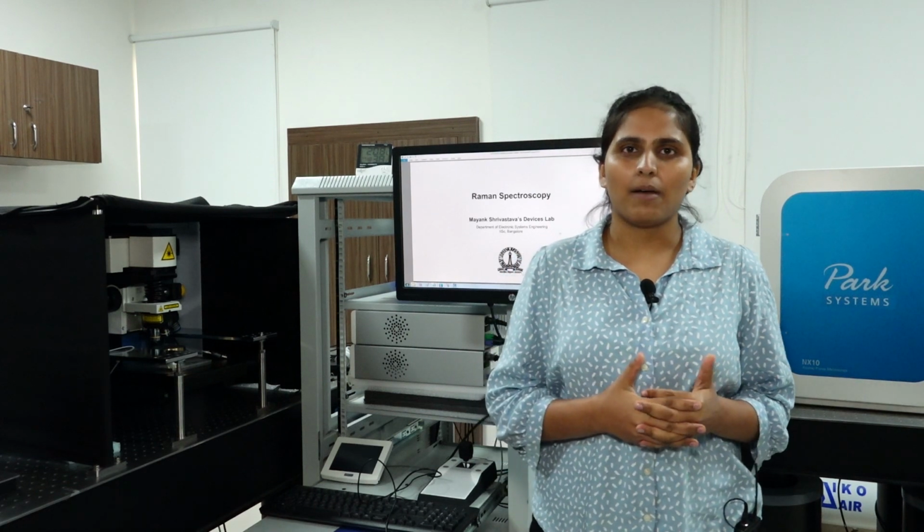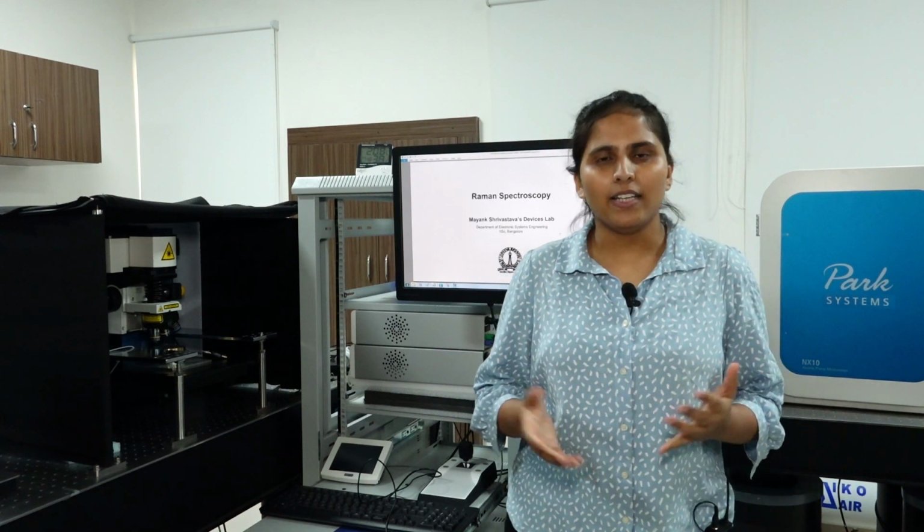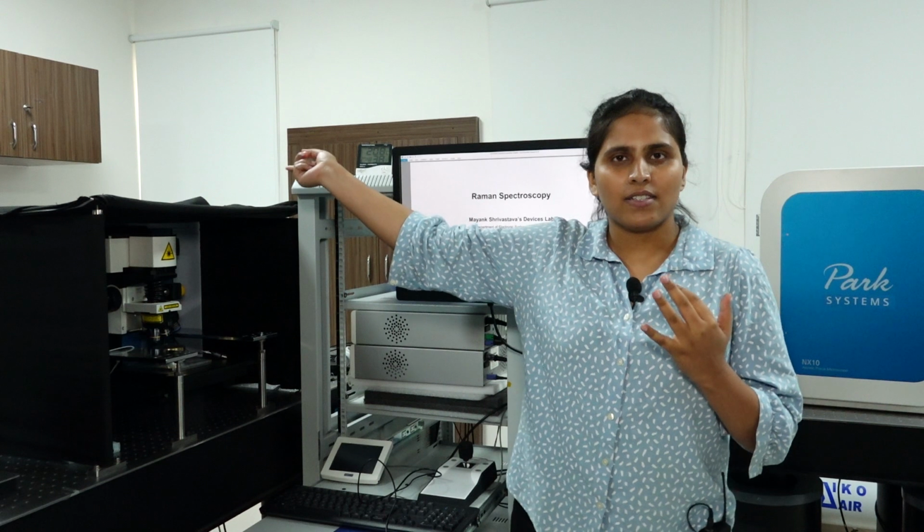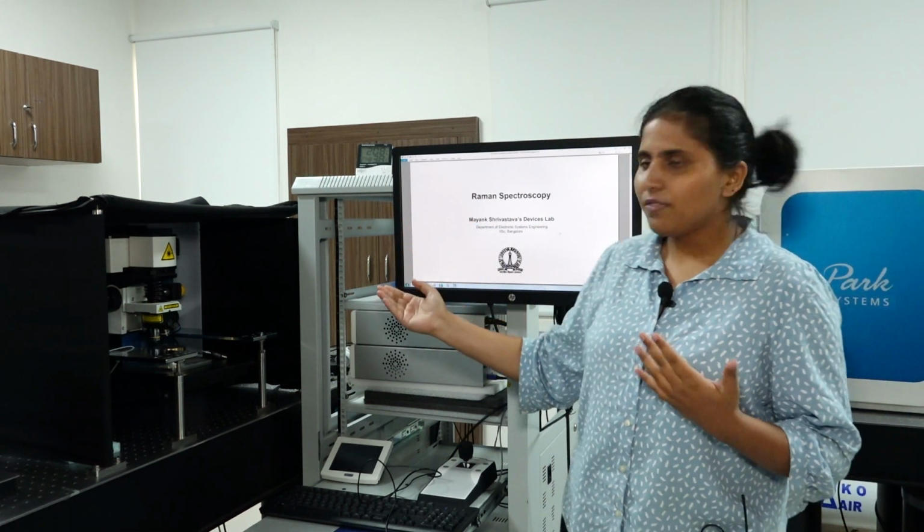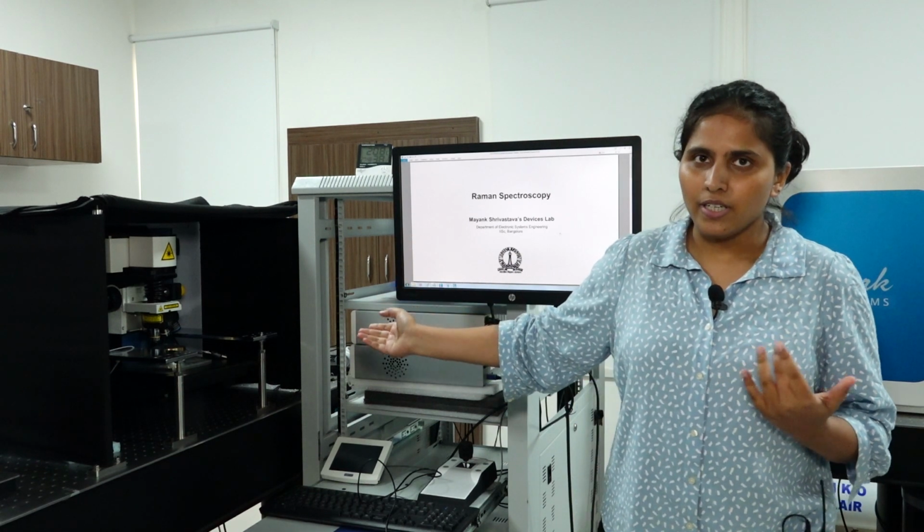So till now my friend guided you through the different components of the Raman spectrometer, the major ones being the laser, the upper cabin consisting of optical filters, lenses and mirrors, then the microscope, the objective, the chuck, the detector and the spectrometer. Now we will move forward to the next part, that is taking an actual Raman signal, and the first procedure will be loading of the sample.